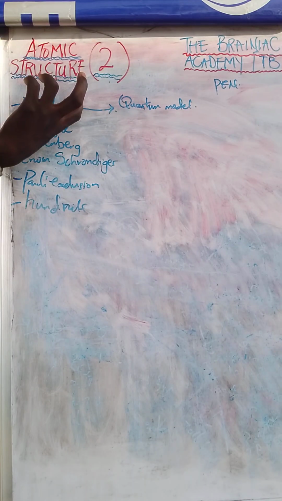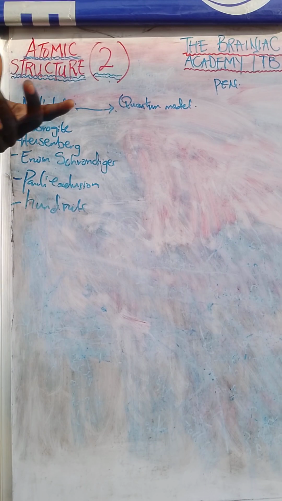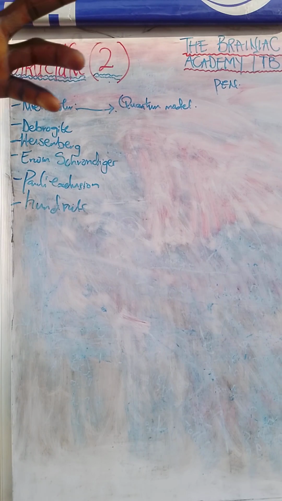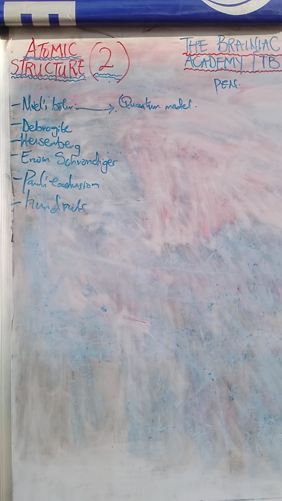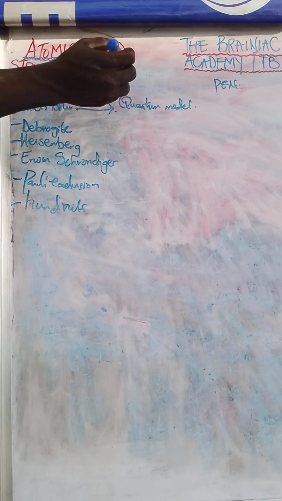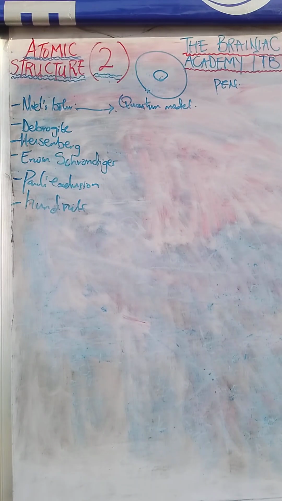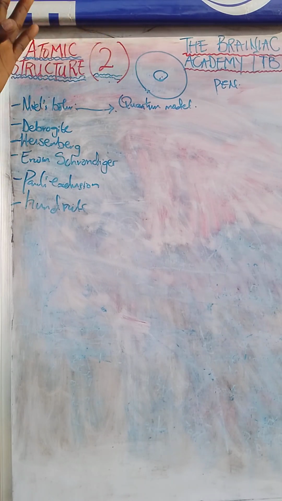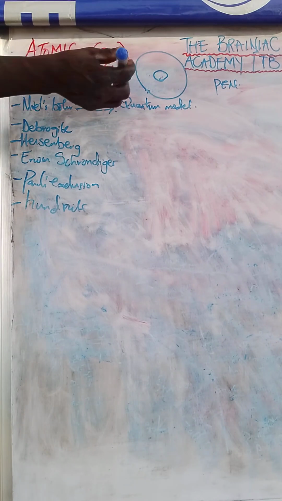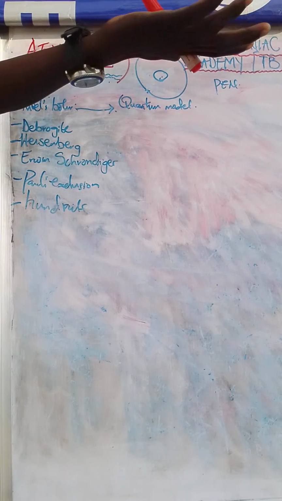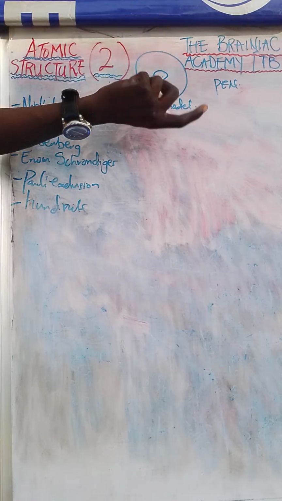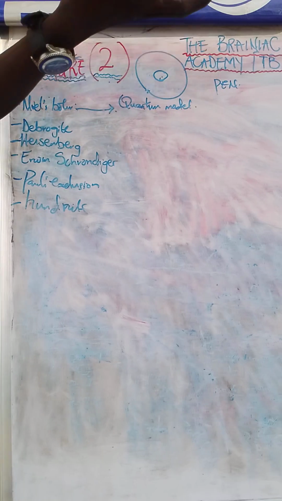And you see this Niels Bohr, he was actually building up on what Ernest Rutherford did already. What did Ernest Rutherford do? He explained the nuclear model of this atom. So now this one came, he re-explained it and added just a few things to it. They just elaborated a little. So what he said, the very center is called the nucleus, just like in your animal cell and plant cell, where you have the center as well as the nucleus, and that eukaryotic organisms are actually